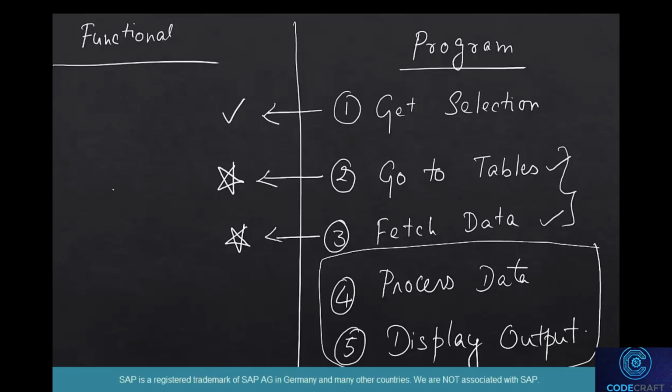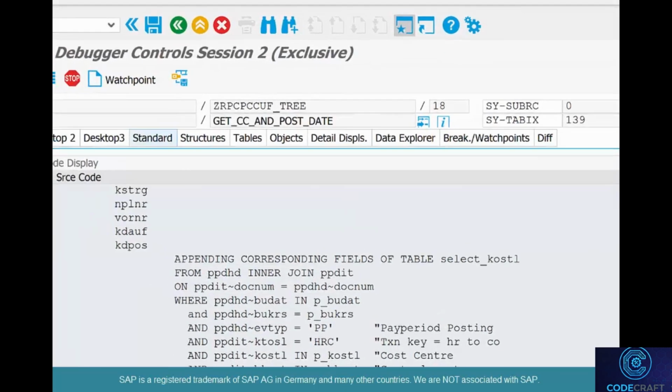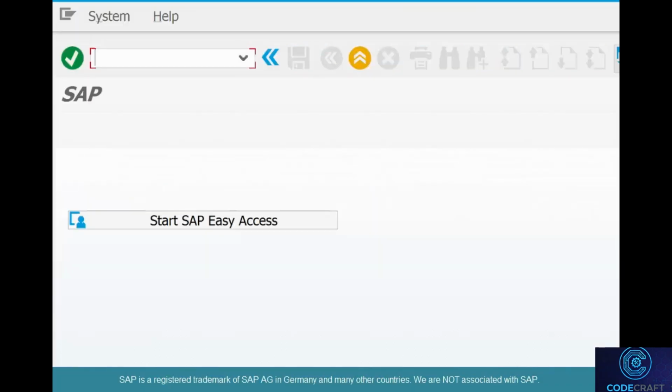In our case, it's fetching the data from the PPDHD table. Well, if you are from a finance background or costing background or HR background, you might understand it. But I don't understand what the table is. But if you are from that background, you would understand what the table is. And then check if it is fetching the right data, meaning the where condition and the list of fields. Well, let's go to SE16 and find out